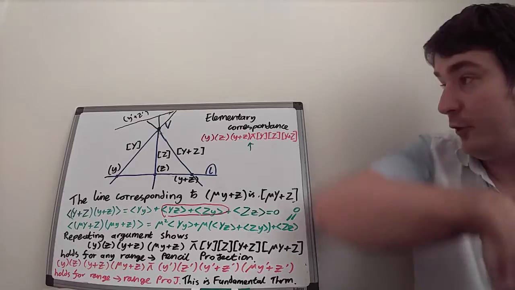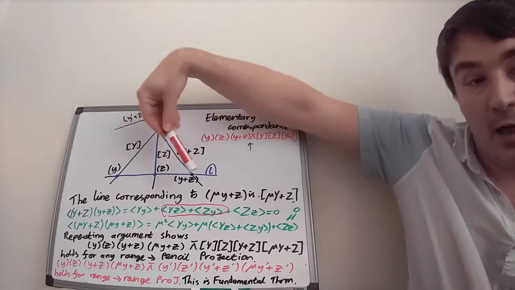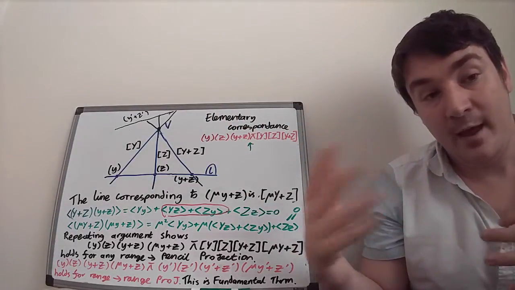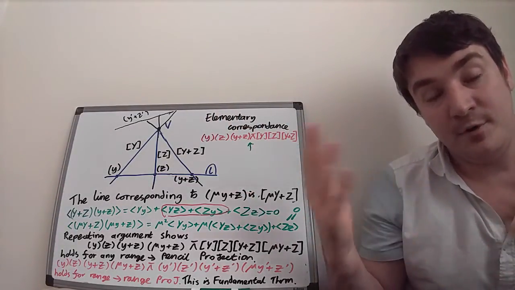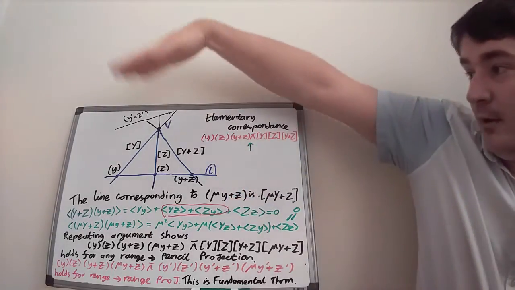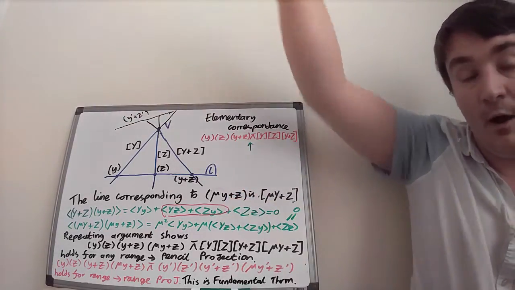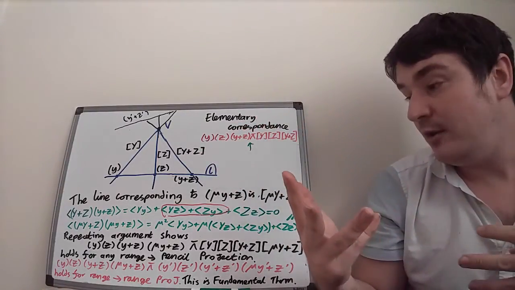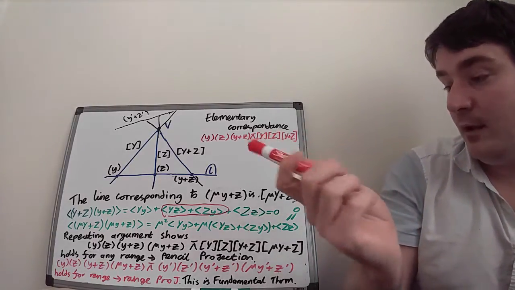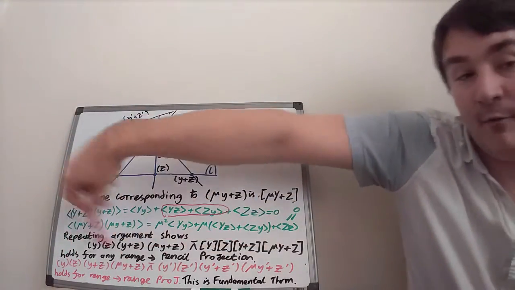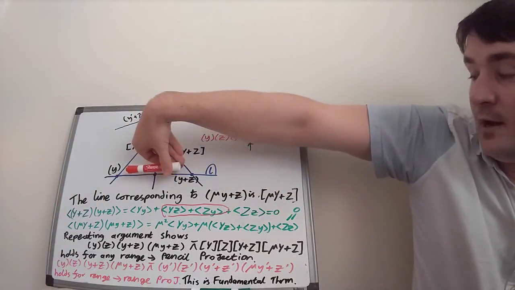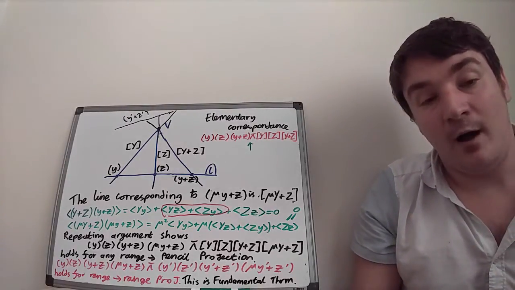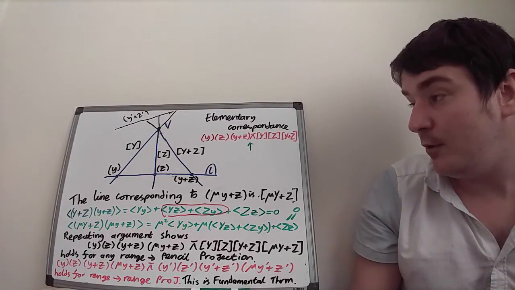And that doesn't just hold when the range of points on the line and the pencil of lines through the point are in elementary correspondence. It works in general when they are projective to one another, because this kind of mu-based argument holds when you repeatedly apply elementary correspondences and apply this reasoning. Similarly, we have that the relationship holds when we have a projection from a range of points on a line to a range of points on a line. And therefore we have our fundamental theorem of projective geometry, because